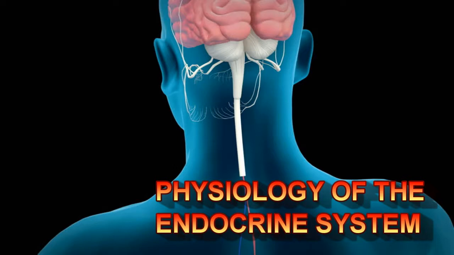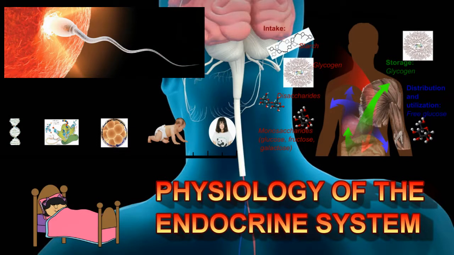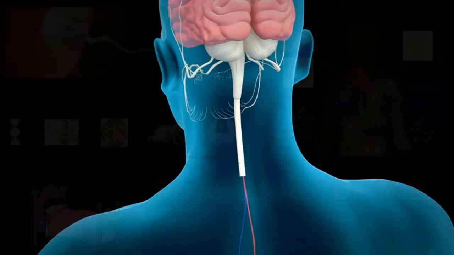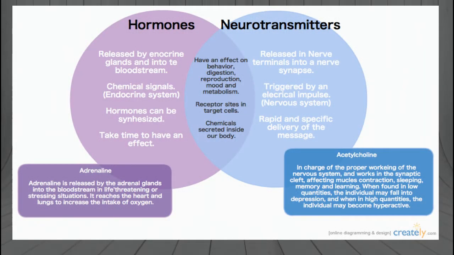These responses contribute to human reproduction, growth and development of body tissues, metabolism, fluid and electrolyte balance, sleep and many other body functions. The endocrine system works alongside the nervous system to form the control system of the body. Hormones are distributed by glands through the bloodstream to the entire body, affecting any cell with a receptor for a particular hormone. Most hormones affect cells in several organs or throughout the entire body, leading to many diverse and powerful responses.